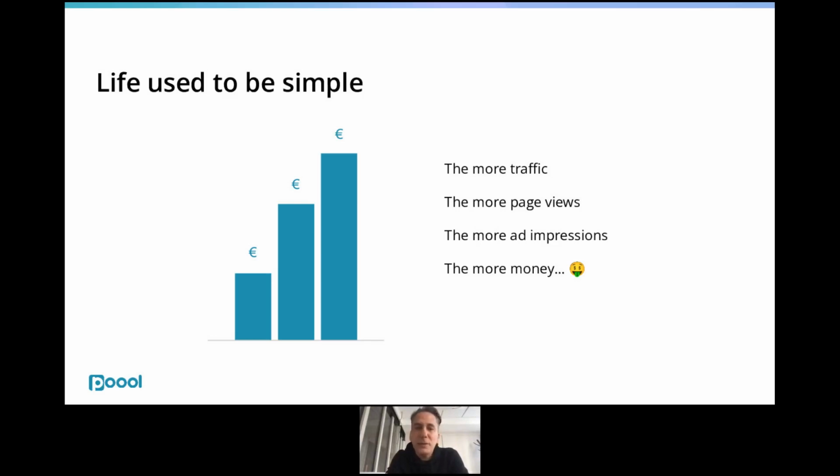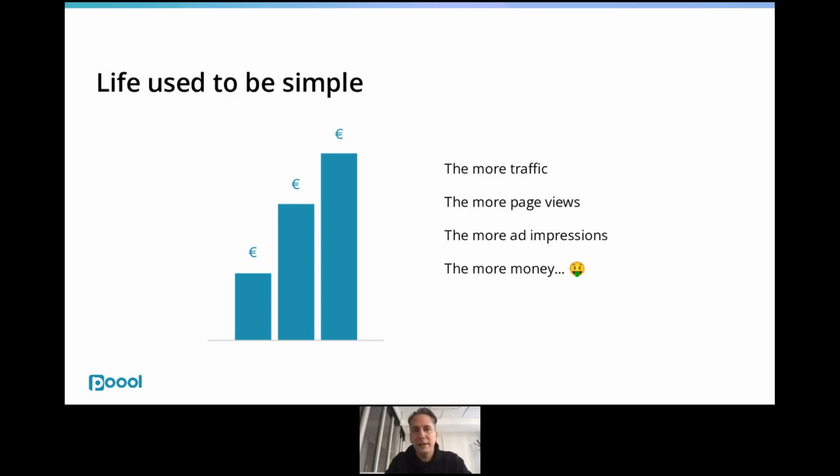And it used to be that simple: more traffic, more page views, more ad impressions, more money. And I even remember some publishers adopting what we used to call the mullet strategy. The mullet is a haircut from maybe some 80s German soccer players, short hair in the front and long hair in the back. Very different from my haircut, by the way. That strategy was to say they had great premium inventory on the homepage, short hair, looking good, but they were building a lot of forums and some kind of very different content on the back to generate as many impressions as possible. That's what we used to call the mullet strategy.